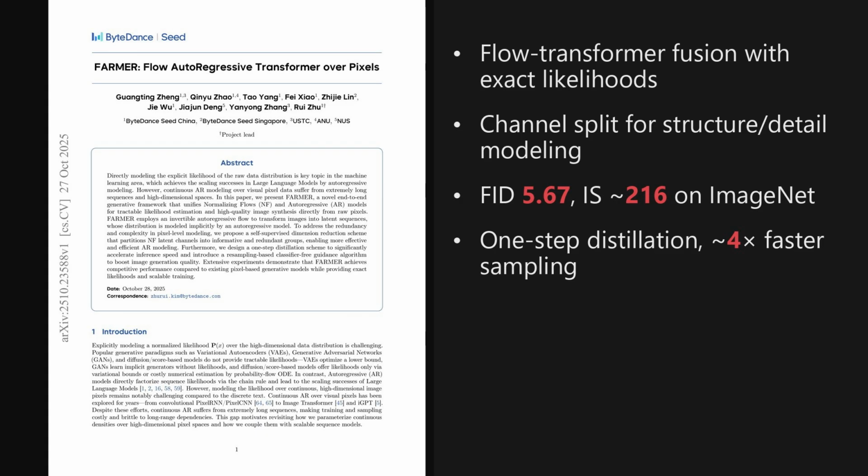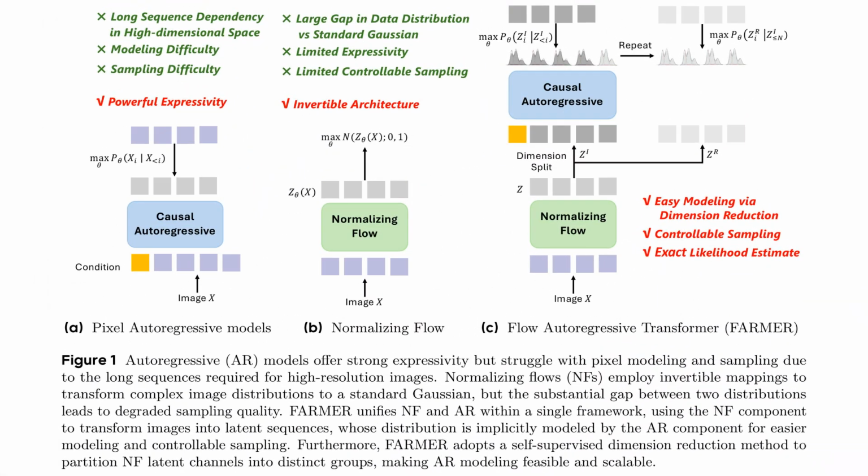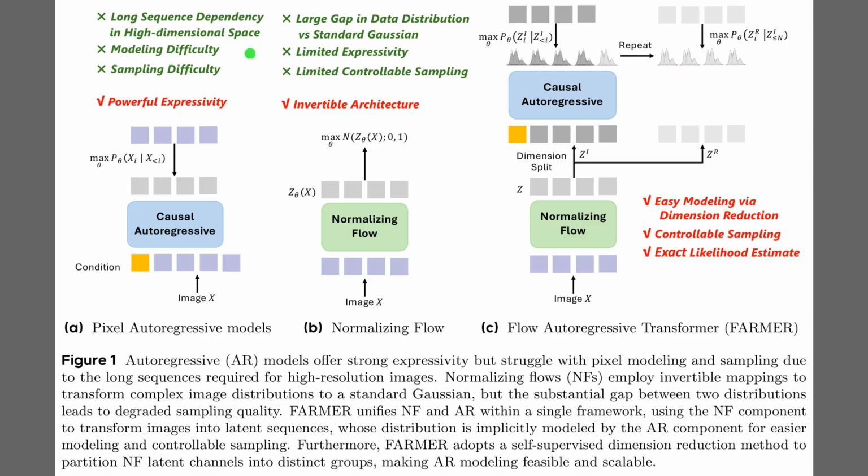In brief, the method splits latent channels into informative and redundant groups, adds resampling guidance, and uses one-step distillation for much faster inference. Figure 1 contrasts three approaches and explains why the proposed design matters. The left panel summarizes pure pixel autoregressive models, which have strong expressivity but struggle because sequences are extremely long. The middle panel depicts a normalizing flow, an invertible mapping that gives exact likelihoods yet samples poorly when forced to a simple Gaussian. The right panel presents the combined method with a dimension split, so modeling becomes easier and sampling